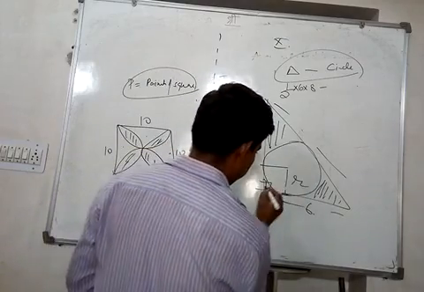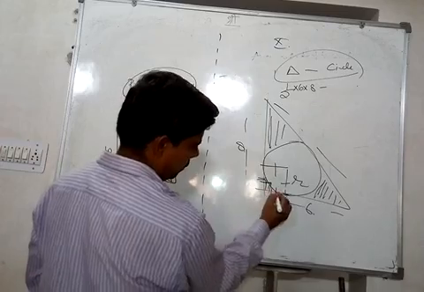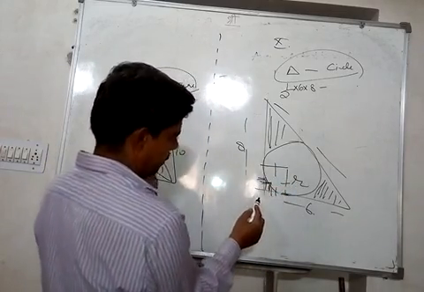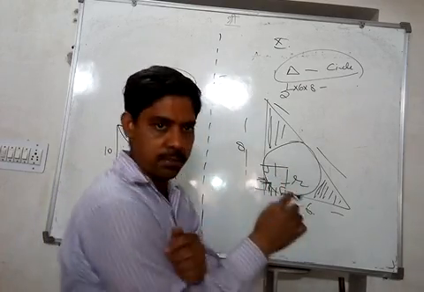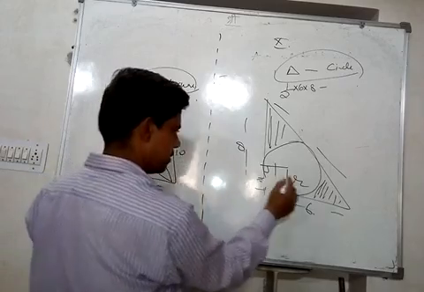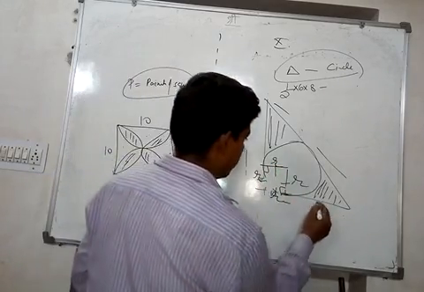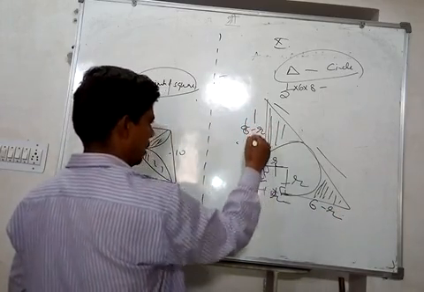Make a square here, because this is equal to this radius, and tangents are equal, so this is equal to this. So obviously this angle is 90, therefore this is 90, this is 90, this is a rectangle, but all sides are equal, so it's a square. Now if this is R, then this is also R and this is also R. So the remaining is 6 minus R and the remaining is 8 minus R.